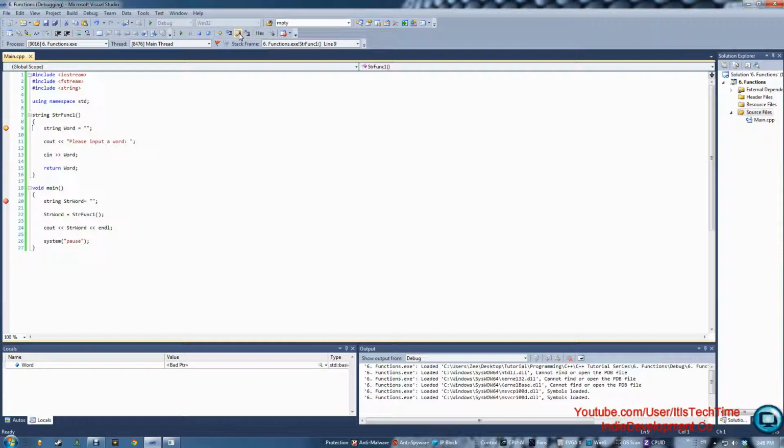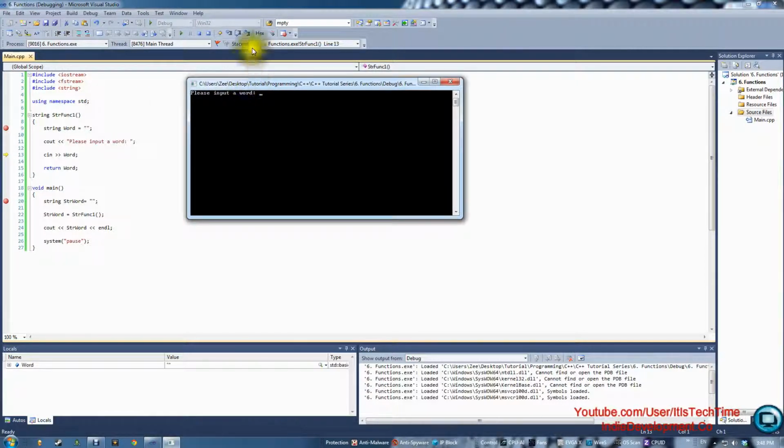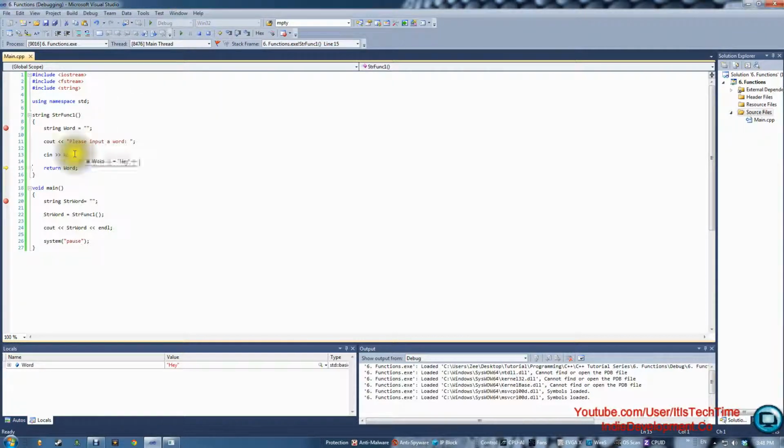So let's press it, and as you can see it went inside, and it will set word to nothing, and then cout please input a word. It will display it right in here. Cout please input a word, and then cin word, so it will input a word right in here. Let's say hey, and let's press enter. Now it did the input, and now it will return word, which if you hover over it, word is equal to hey, but str word is equal to nothing still. If you hover over it right in here,